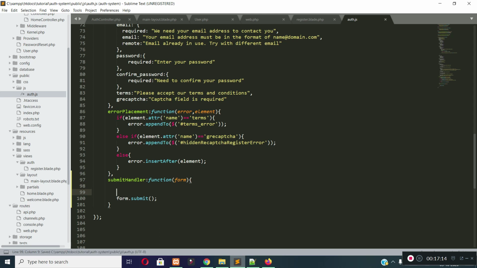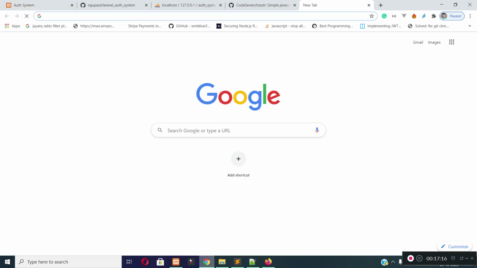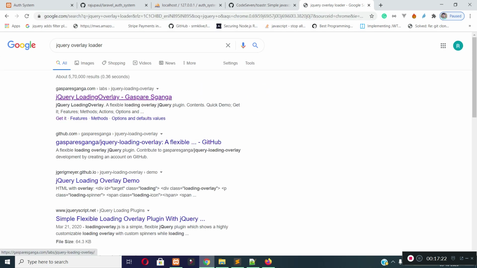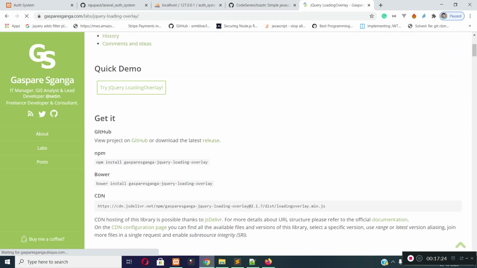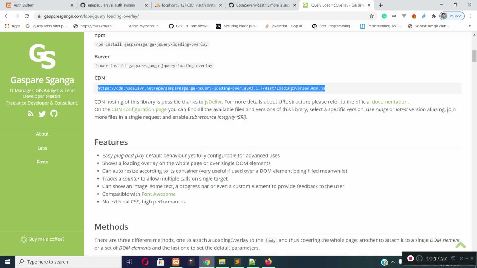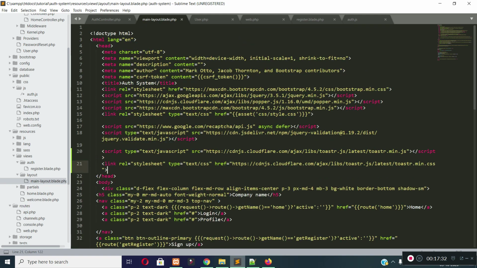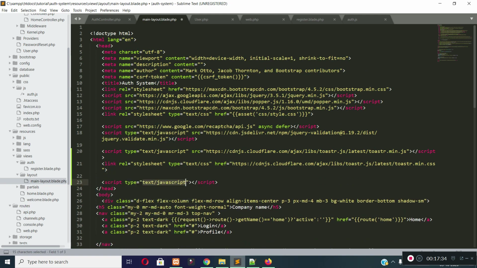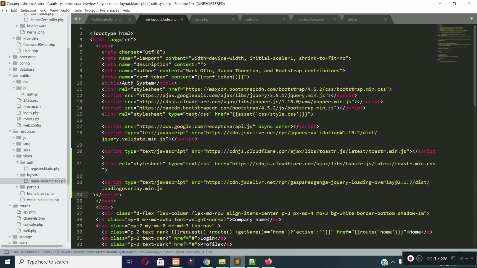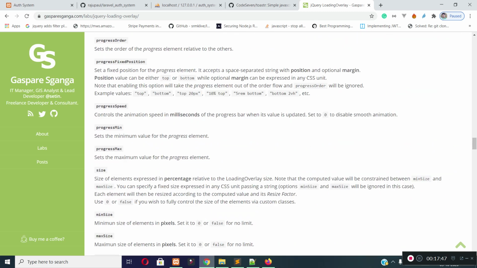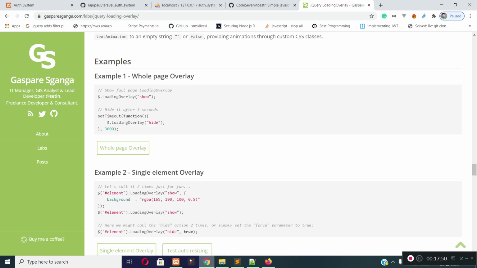I want to show a loader, so let's search jQuery overlay loader in Google and click on this URL, and let's include this CDN in our main layout.blade.php file. To display a loader, we need to write this code.